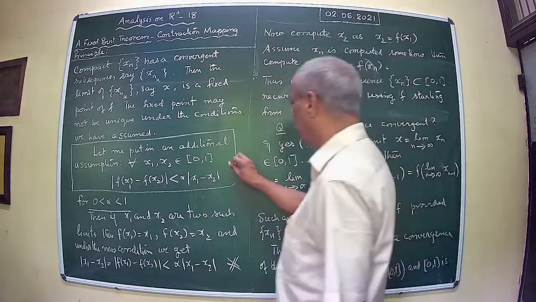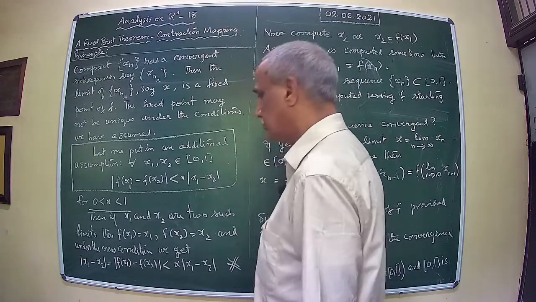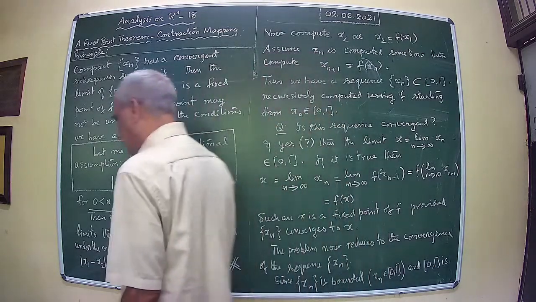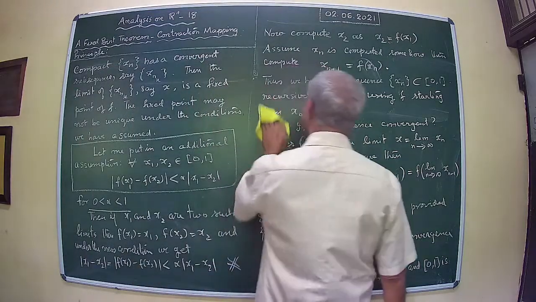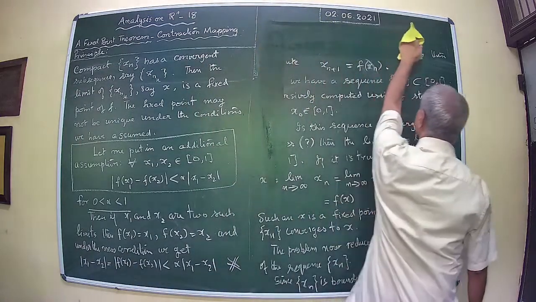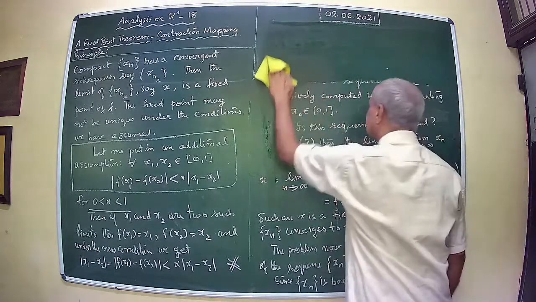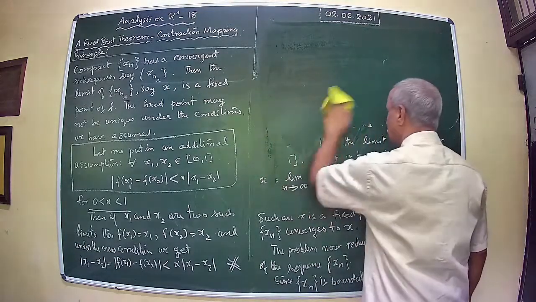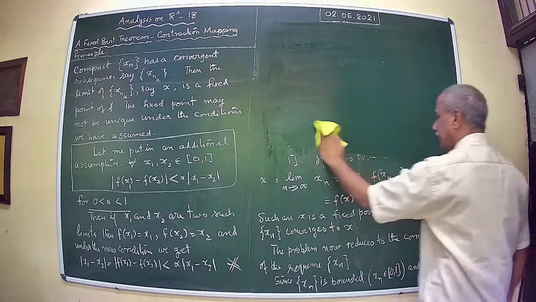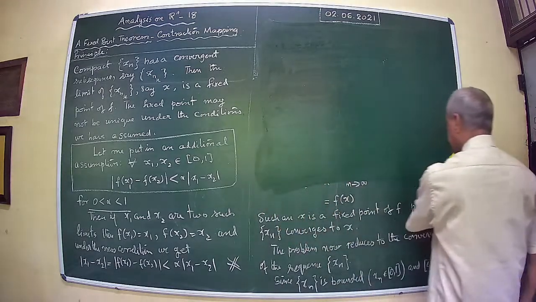So this is the contraction mapping principle. The condition we have laid down assumes that f is a contraction. So if your f has the additional property that it is a contraction,